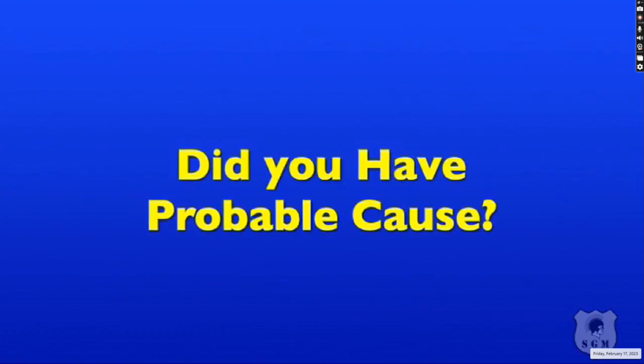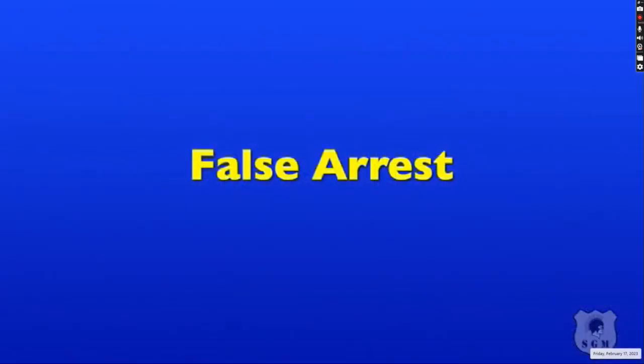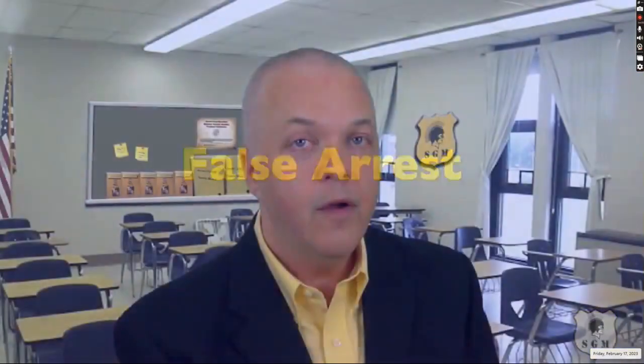The next is liability. Suppose you arrest someone without probable cause. What if after you arrest someone, they try to get away, and when you try to restrain them, they get injured? Did you have probable cause? What is probable cause? I'll get into this a lot more later, but basically it means that you were justified in making the arrest. If you arrest someone without justification, that will be defined as a false arrest. There are more and more, and I will cover them later in this session.